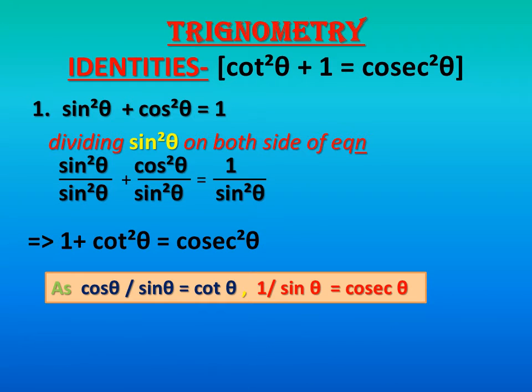So here we have explained it as cos theta upon sine theta, which will be the inverse of tan theta, and the inverse of tan theta is cot theta. And 1 upon sine theta will be equal to cosec theta, not cosec square. 1 upon sine square theta will be equal to cosec square theta. How do we get this? Because 1 upon sine theta is equal to cosec theta.